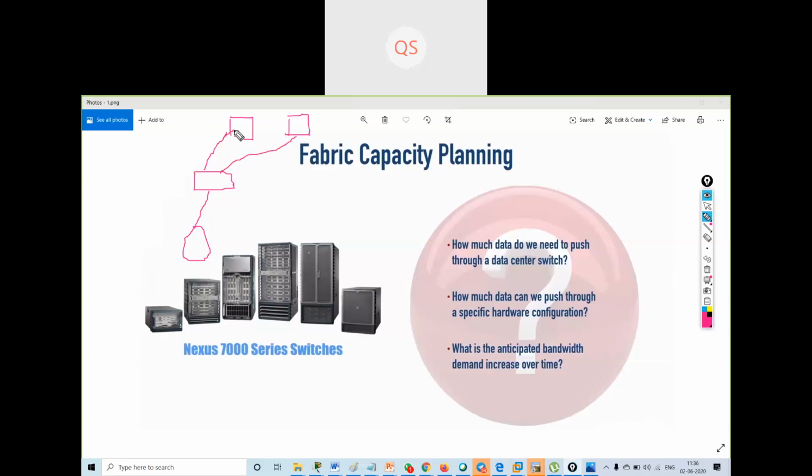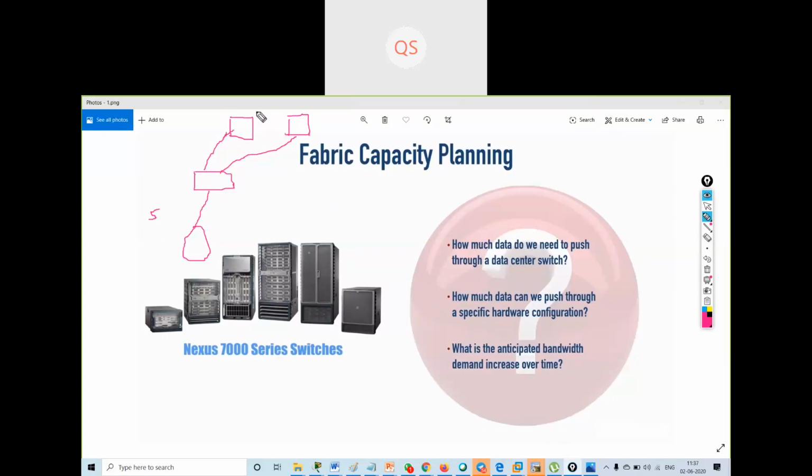Now let's say that we are trying to select an appropriate spine switch to handle the capacity of a certain number of leaf switches and a certain number of servers. Suppose 5 leaf switches. Then we have some questions to ask, and they are listed over here.